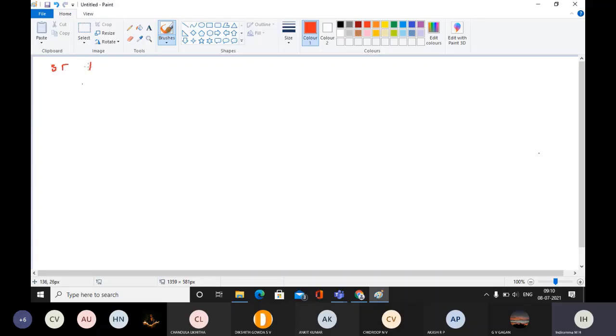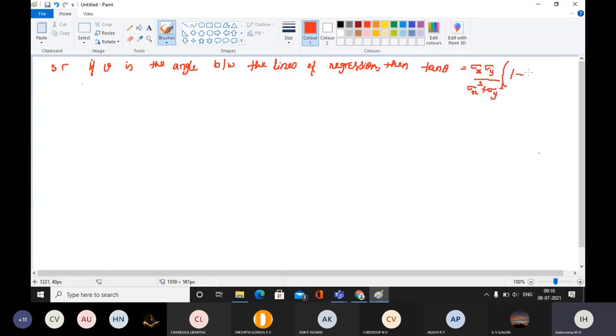Show that if theta is the angle between the lines of regression, then tan theta is equal to sigma x into sigma y divided by sigma x square plus sigma y square into 1 minus r square